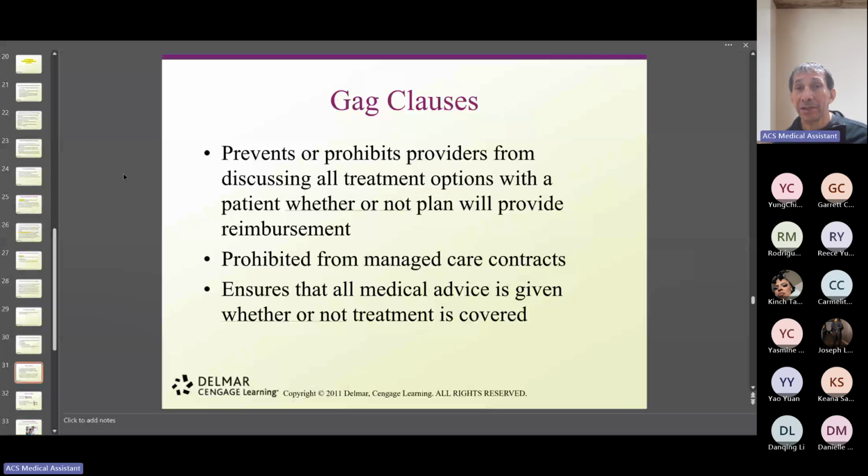So that is one of the things that the gag clause prohibits. Once again, it prohibits medical providers from disclosing how much we get paid for the services. And you should not deny the patient options just because the patient might not have money to pay. So we have to offer everything. It's up to them. If they go to a charity organization or something else, and somebody gets the money, they can get the treatment.